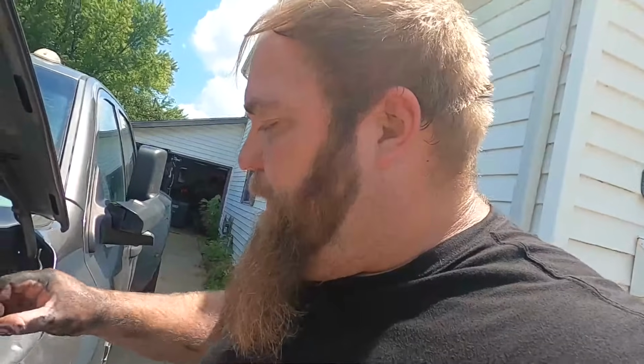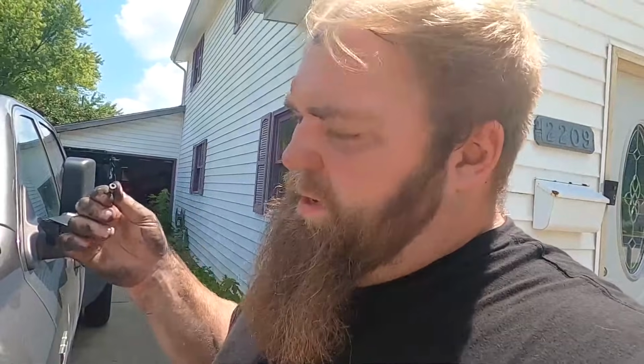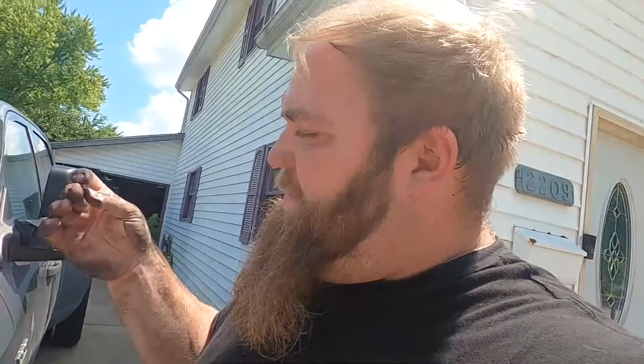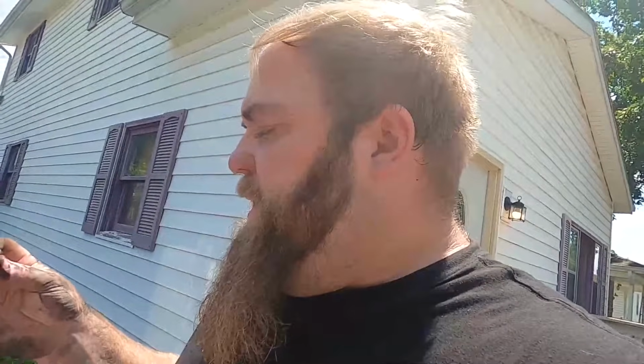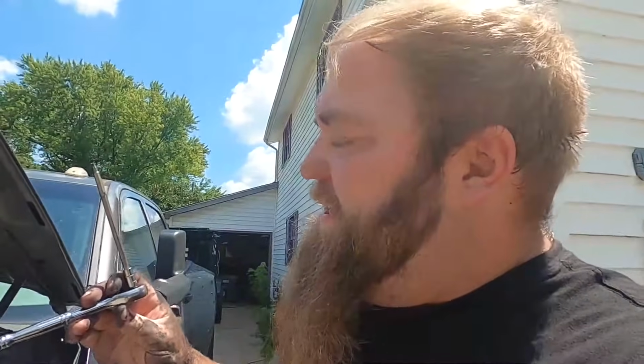Now also, something that was very good to find out that I was happy about was, once I initially broke the pressure holding this bolt in there, I could just twist it with my fingers. It was very, very easy. Looks like a pretty fine thread. So there's 3 of them. It is the T25. I use an extended bit here on the 3/8 drive, and I've got the first one,